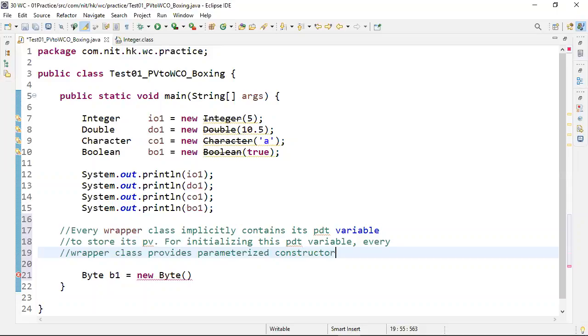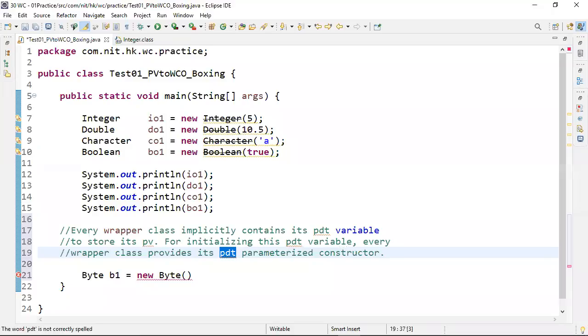Every wrapper class provides a parameterized constructor. Which parameter type? Come on. It's a primitive data type parameterized constructor.